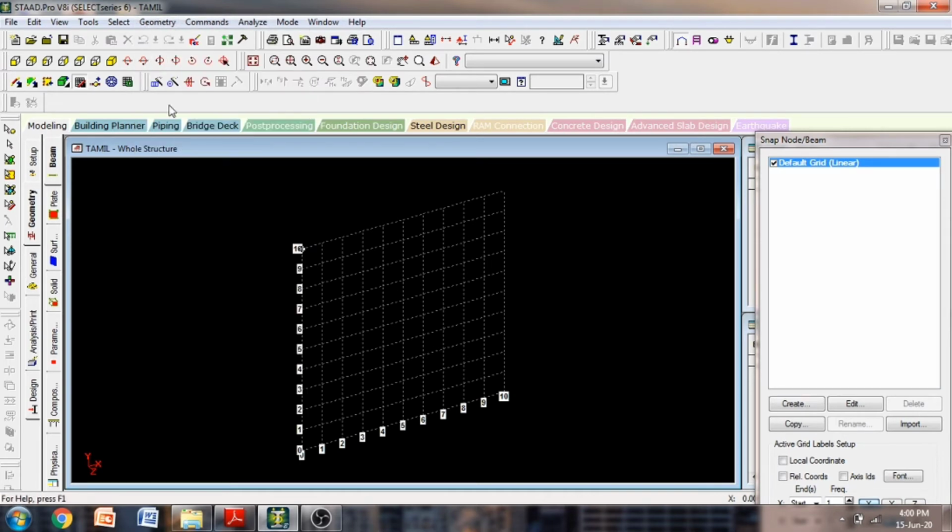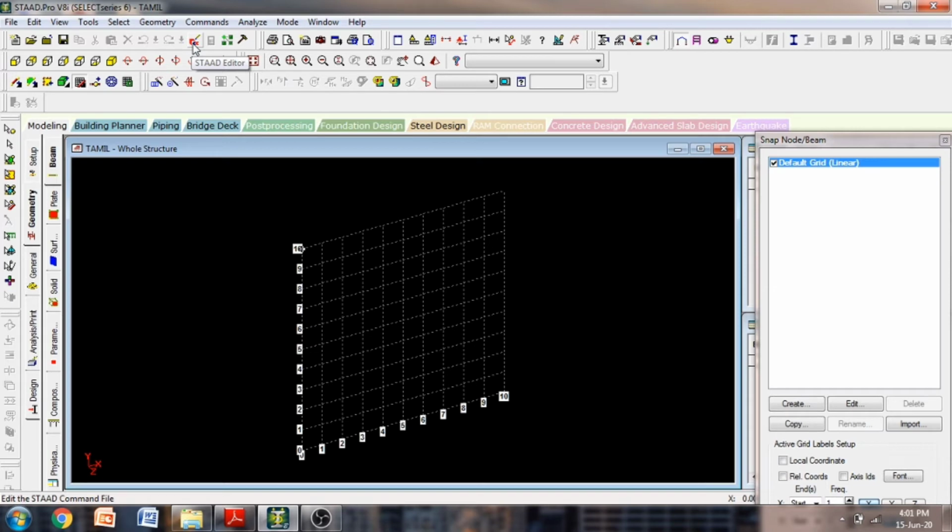Let's see step by step. Wherever it is useful, I'll go with this. Then there is no need for this because it is a new structure. This is open and save. These are the things with this. So if you come on to this, this is undo. These are the normal things you will be using in your daily work software, so you must have known it. So these are the things you will be seeing only in STAAD. So I'll go with this.